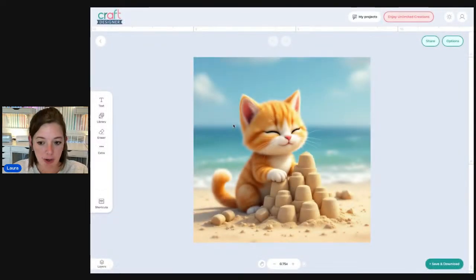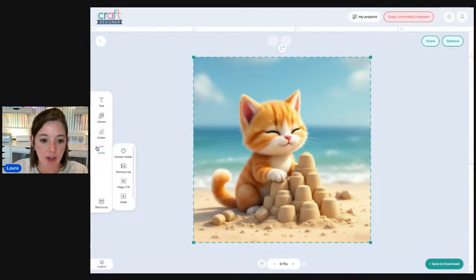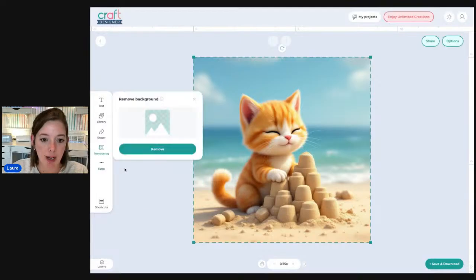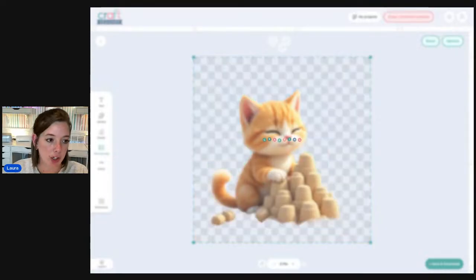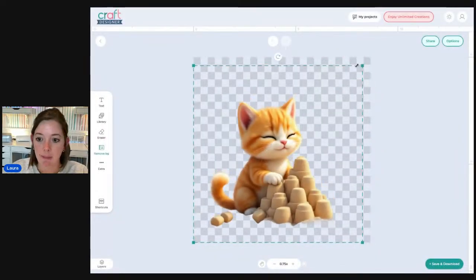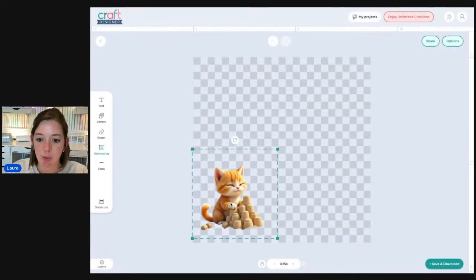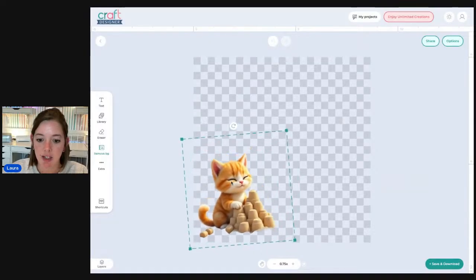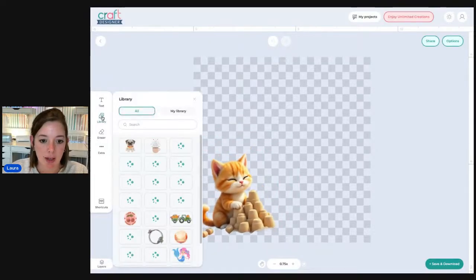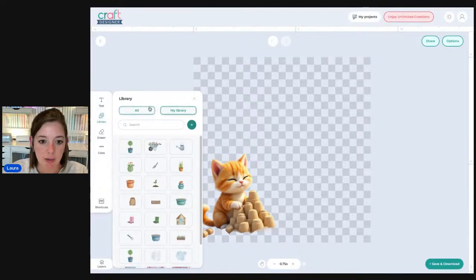The first thing I want to do is remove the background. So we're going to go to extra. We're going to remove the background. Even though we lose our ocean, kind of sad. But I'll show you something kind of cool. So maybe we have our little cat down here. And then also,